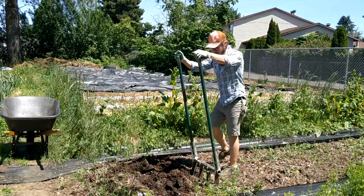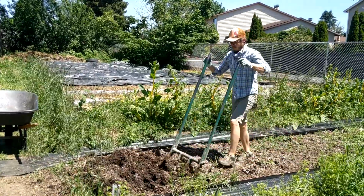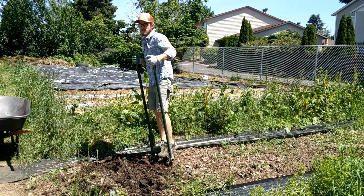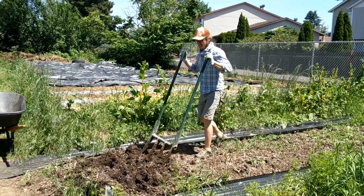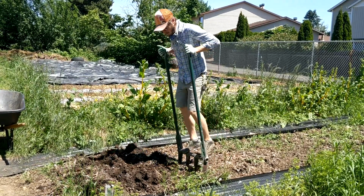So, the Broad Fork is a really big forky thing. Looks like this. And it's really good for digging deep down into the soil. And ideally, if our soil wasn't so clayey, it would aerate, meaning it would add air to the soil without